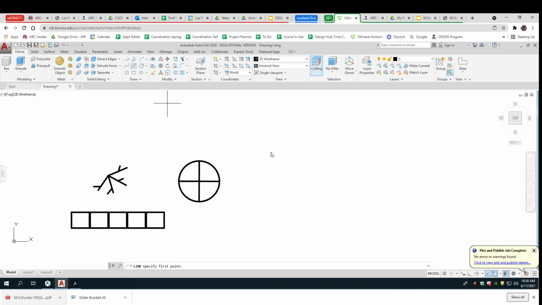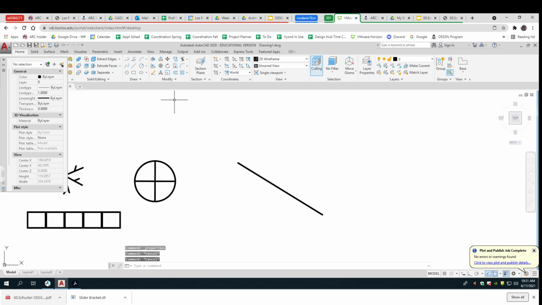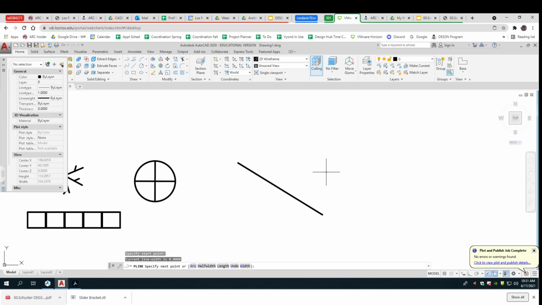So a line is just that, and it's got all sorts of properties to it. There are line types and line weights and thicknesses and things like that, and start and end, and you can set all those. A polyline is literally a group of lines that act as one. Okay. So